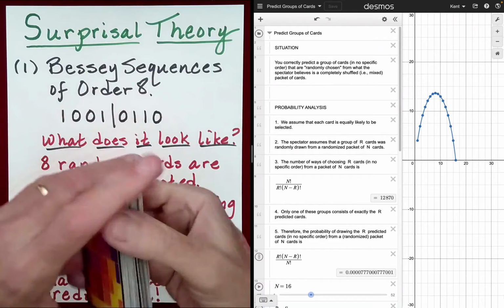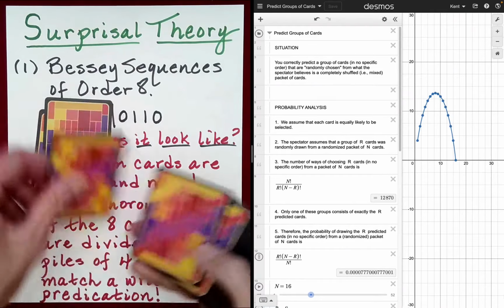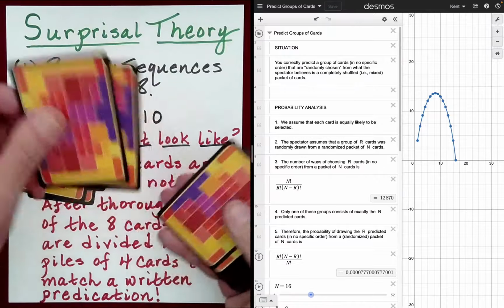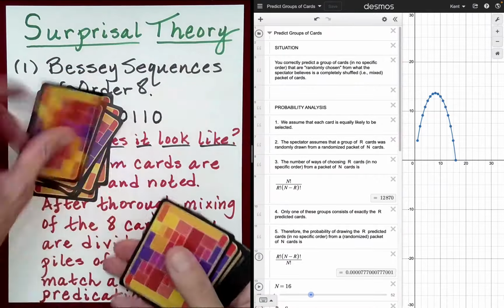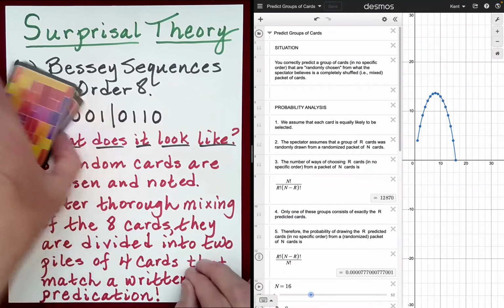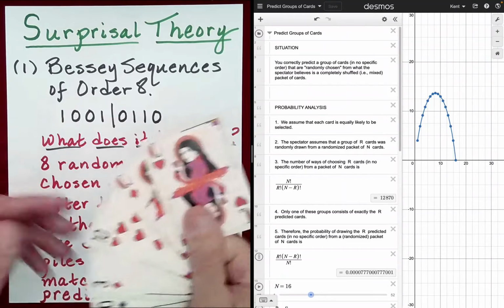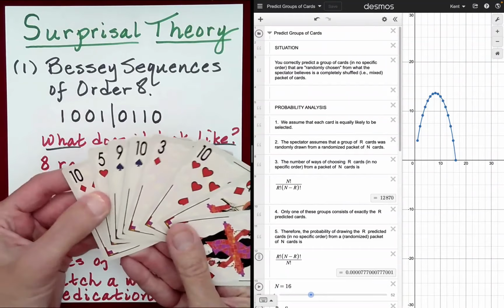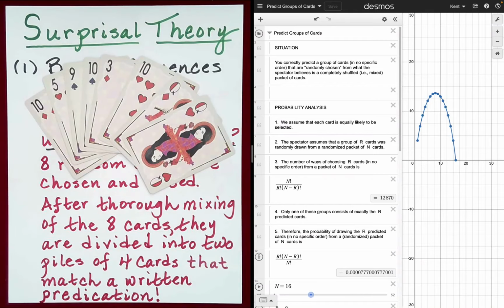These are truly 8 random cards. So you just put out 8 random cards. Maybe we'll take some from different places. Okay, there we go. We have 8 cards. Then a person would take a look at these 8 cards and lay them out like so. And then you as the performer would simply write down the identities of the cards that were freely chosen by